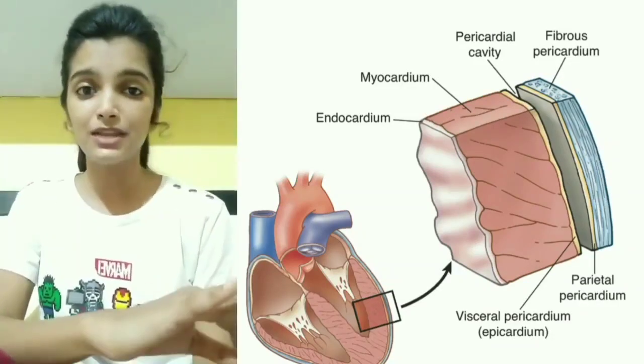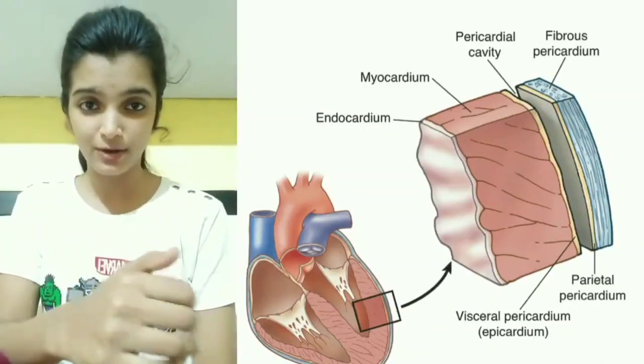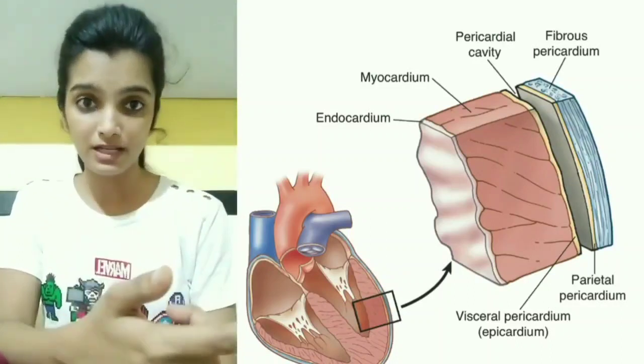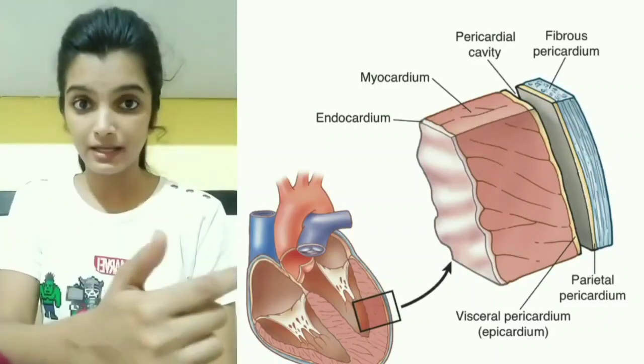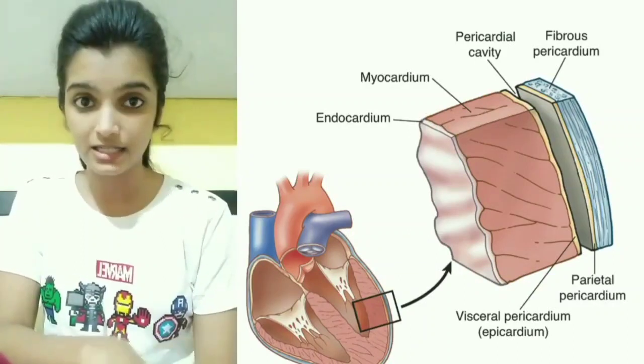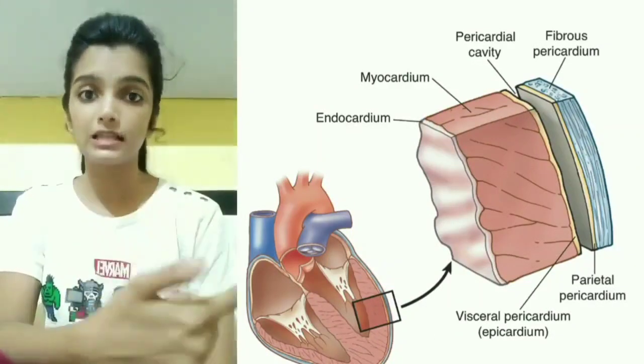The heart has basically three coverings. The innermost covering, or the covering closest to the heart component, is known as the endocardium. The middle one is known as the myocardium and the outermost one is known as the pericardium. Now this pericardium is structurally important to us because it is further classified into various different layers. First it is classified into two layers known as the fibrous pericardium and the serous pericardium.